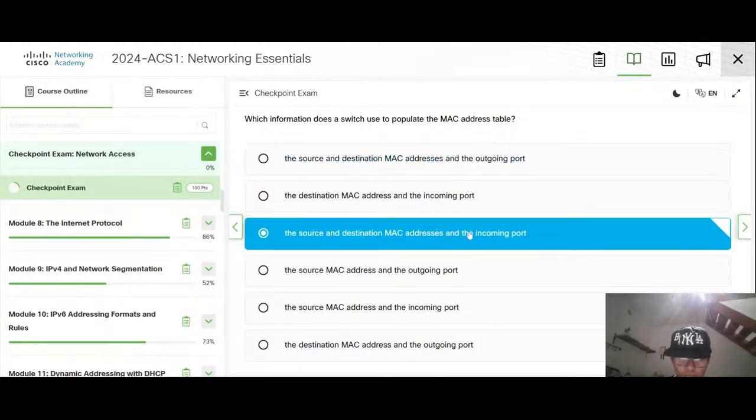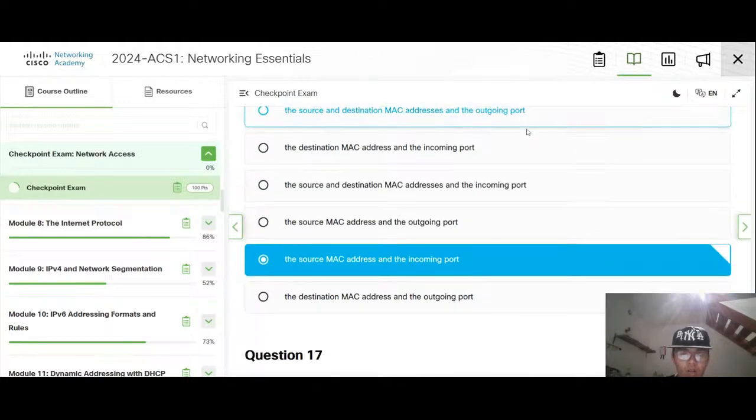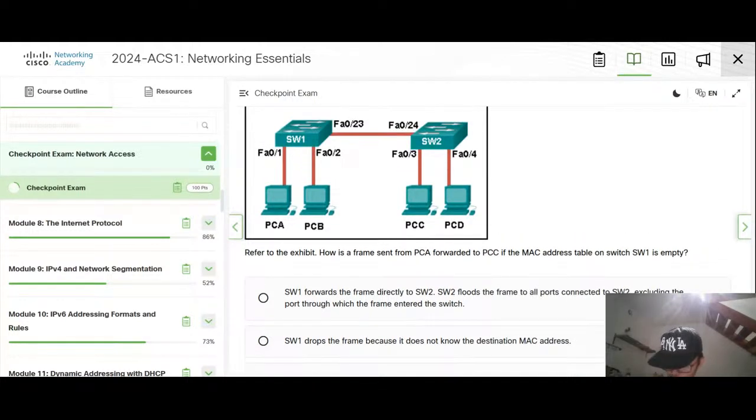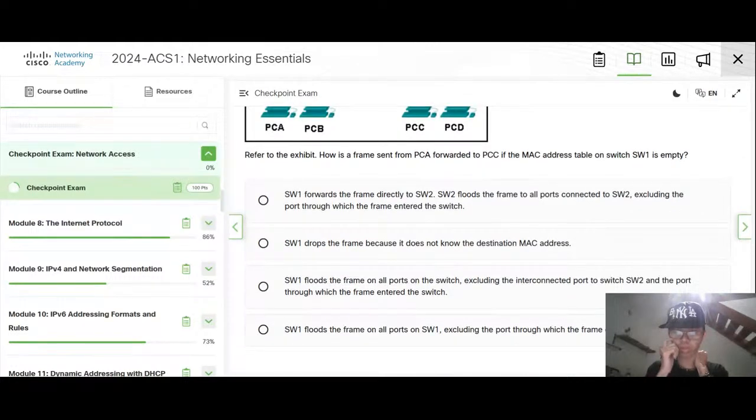Maybe it's only the source MAC address and the incoming port. Okay, PC A to PC C, switch one is empty, so we'll flood.